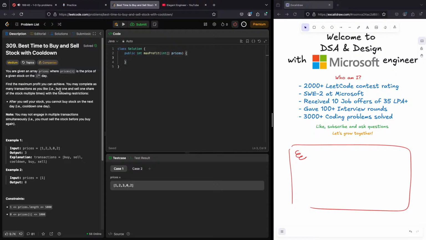Find the maximum you can make, complete as many transactions, and buy one with the following: after you cannot buy it in the next day. So on the next day that you